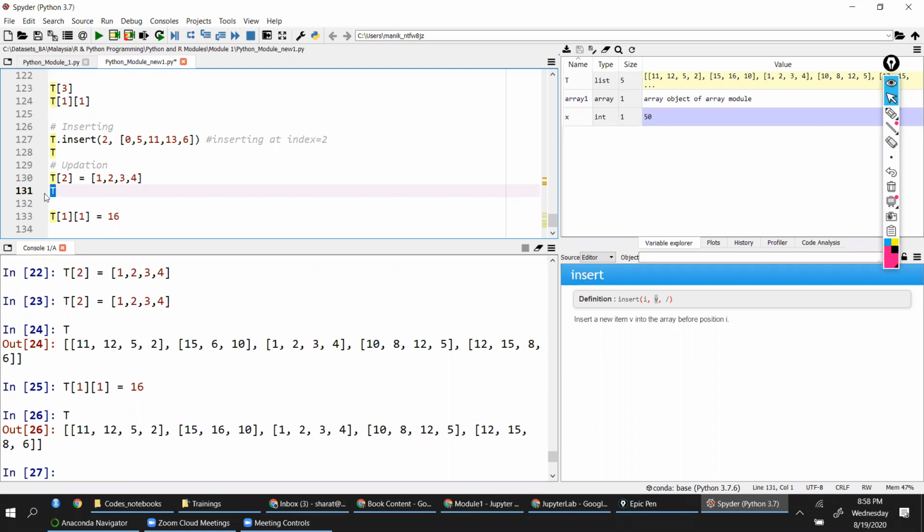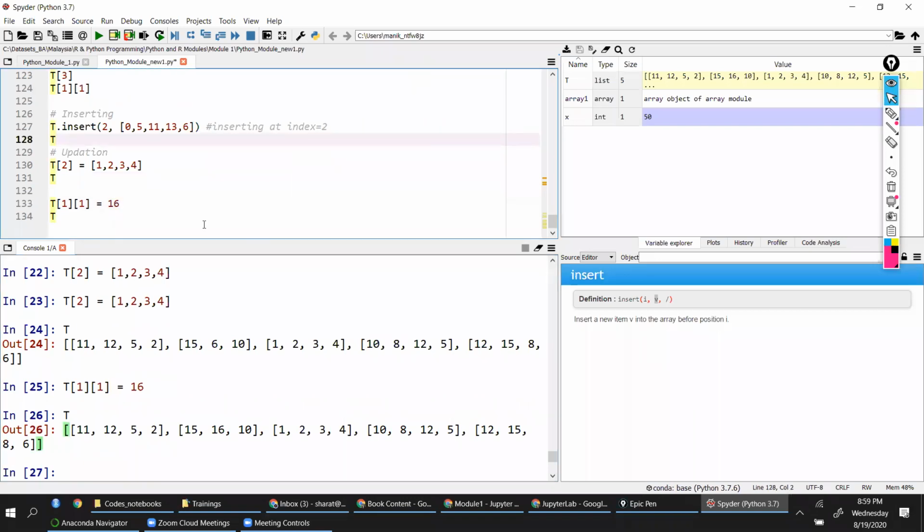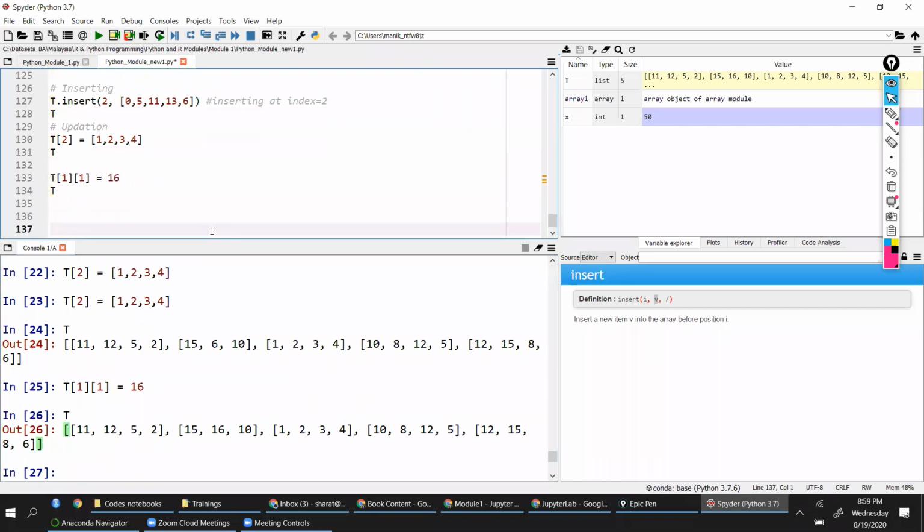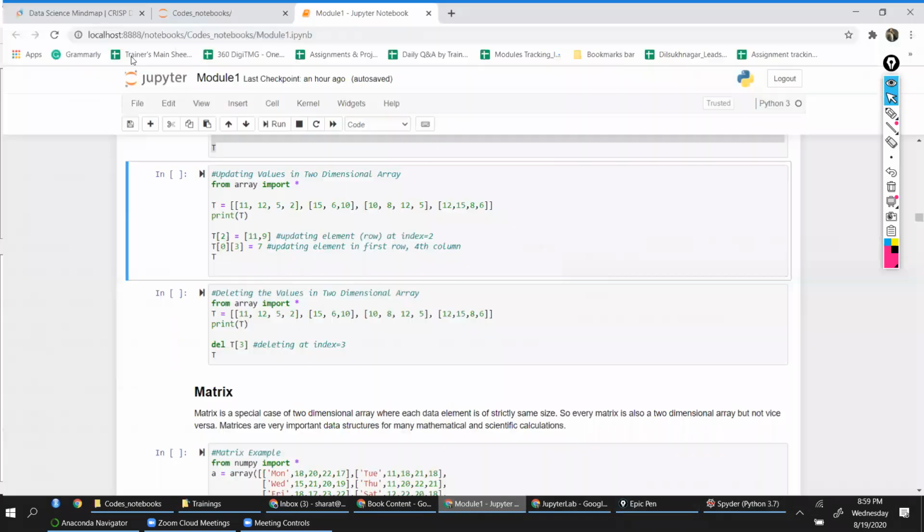So when I do T here, I'm pointing to this particular location and then assigning a value 16 to that. So your 6 is getting replaced with 16. Okay, this is replace. Then we have the remove function.